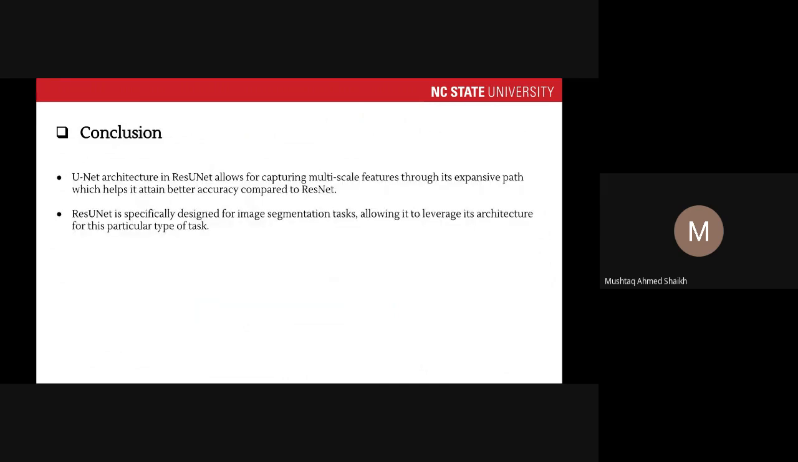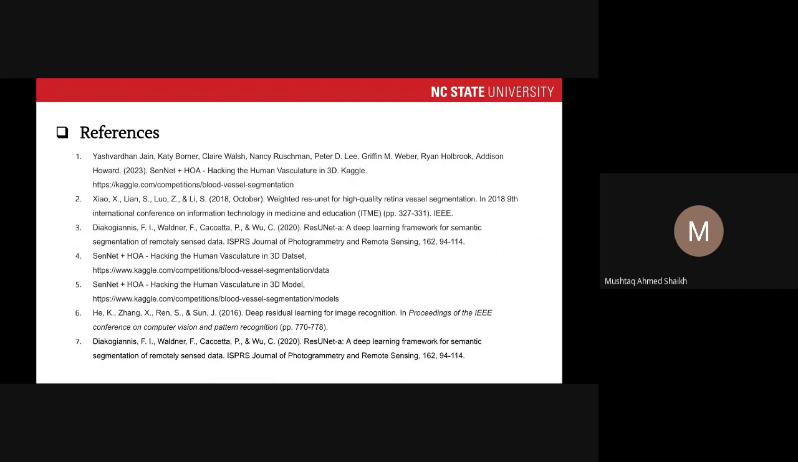So the conclusion that we have come across is that the U-Net architecture in the ResUnit allows for capturing multi-scale features through its expansive path, which helps it attain better accuracy when compared to the ResNet model. And the ResUnit is specifically designed for image segmentation tasks, which allows it to leverage its architecture for this particular type of task. And these are the references that we have